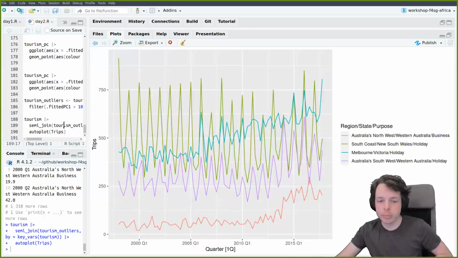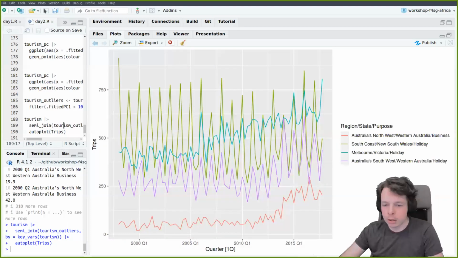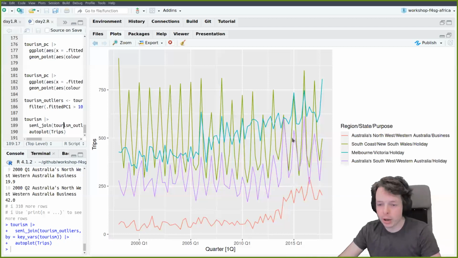I'll bring the code back shortly. So here we can see some of the time series, like South Coast New South Wales holiday in the green line. This looks very seasonal. This is probably the most seasonal time series in the entire data set, which is probably why in the principal components,